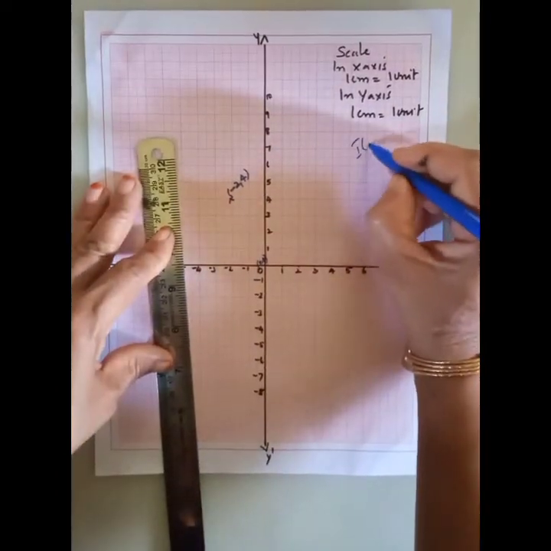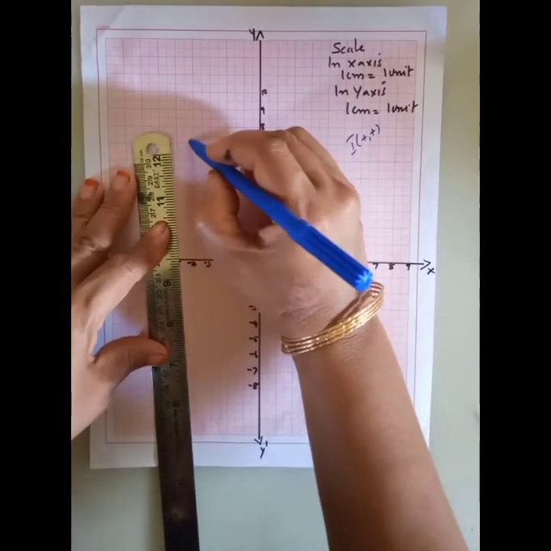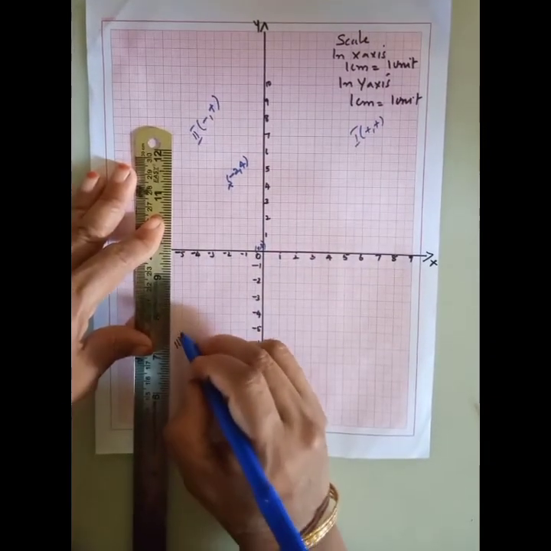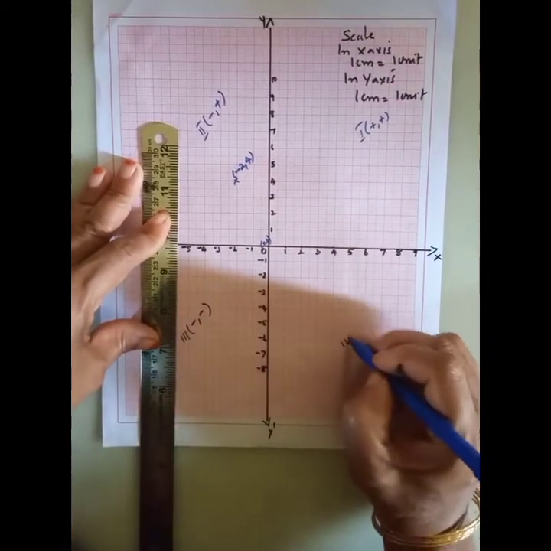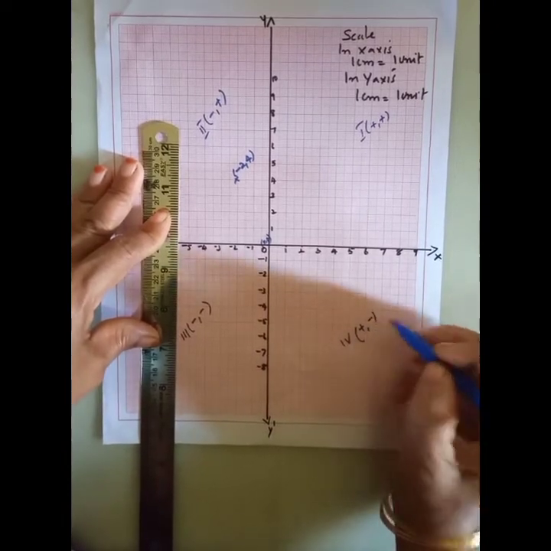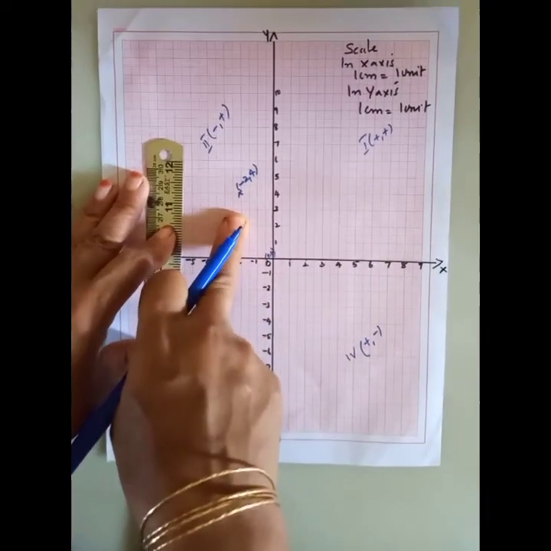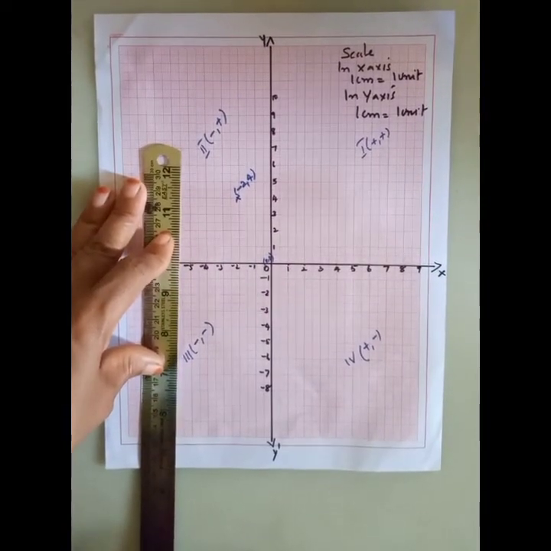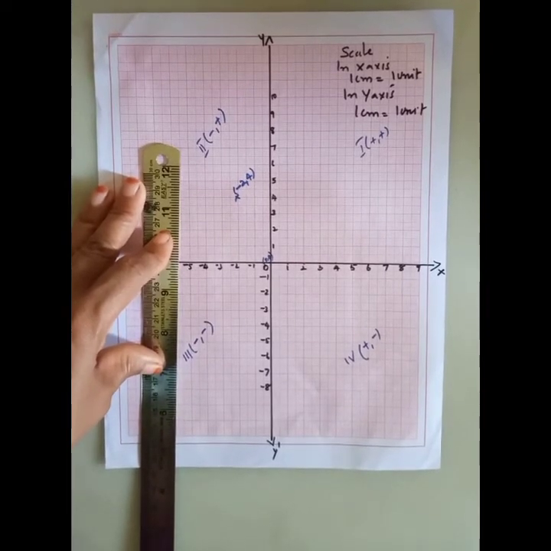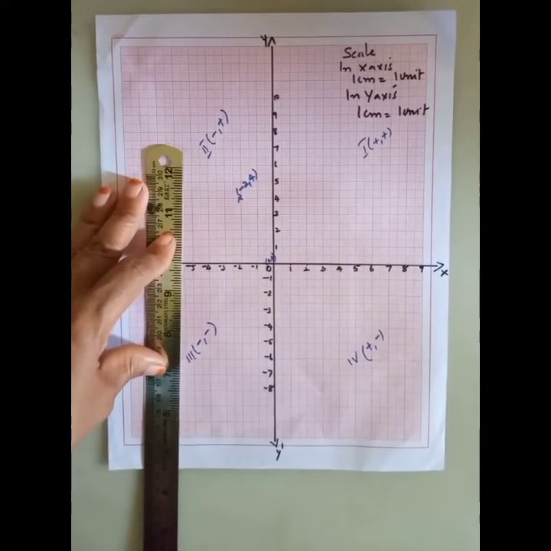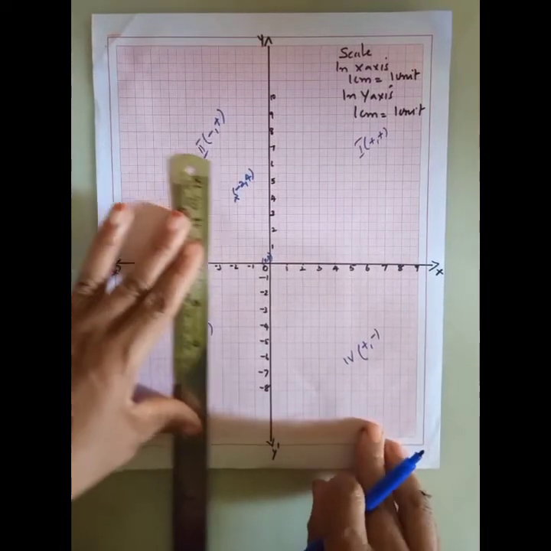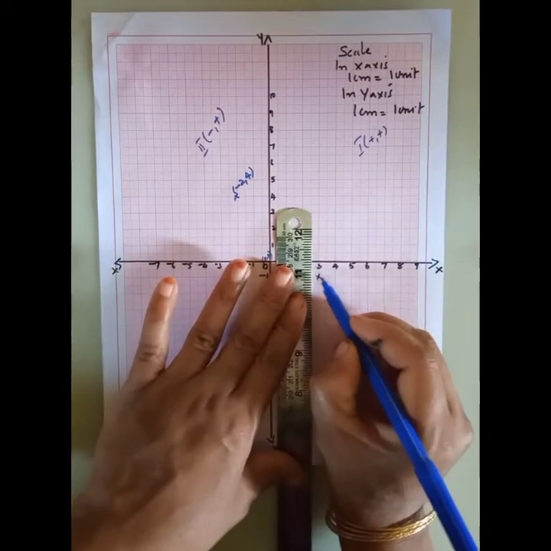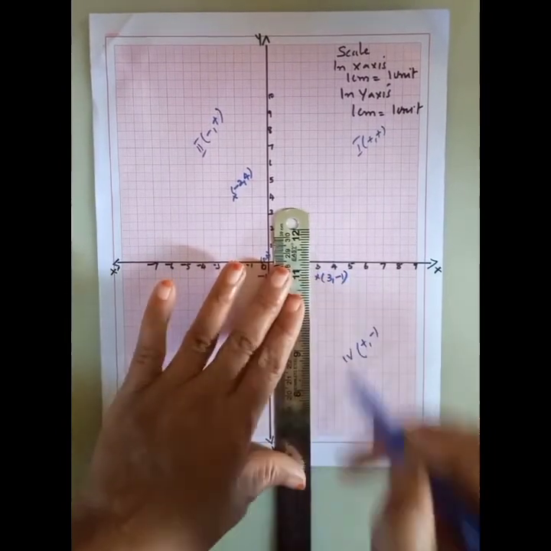This first quadrant is positive, positive. Second quadrant minus, plus. Third quadrant minus, minus. And the fourth quadrant plus, minus. So see that minus 2, 4, first itself I said it lies in the second quadrant. Then 3, minus 1. So 3, minus 1, in which quadrant does it lie? It lies in the fourth quadrant, isn't it? So keep the scale perpendicular to this 3 and minus 1. So this is the point 3, minus 1.